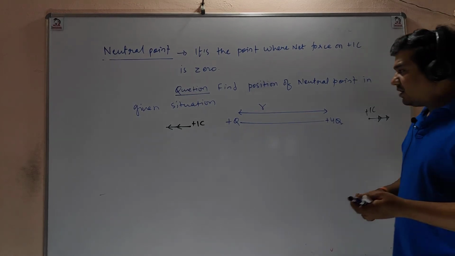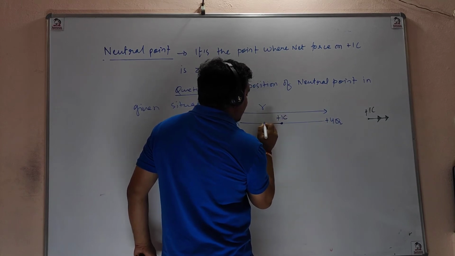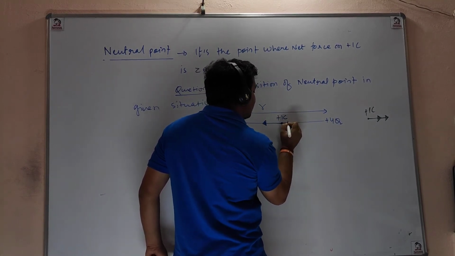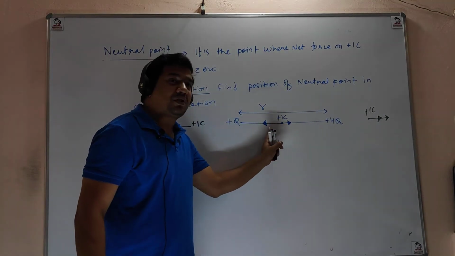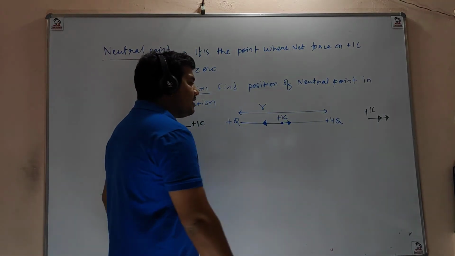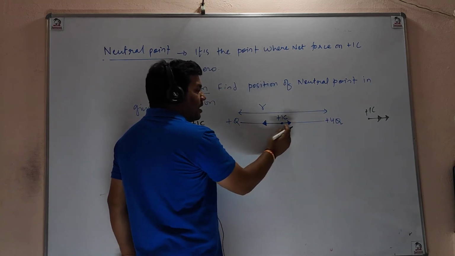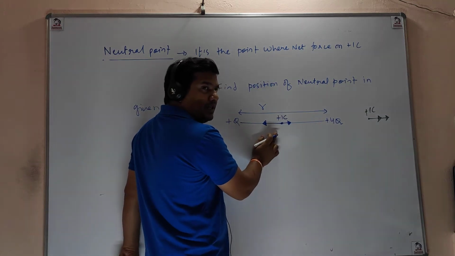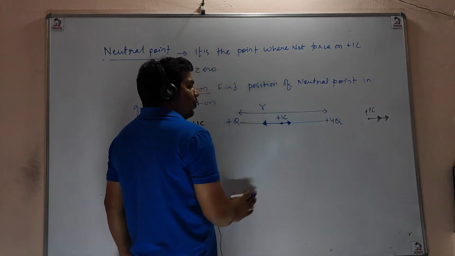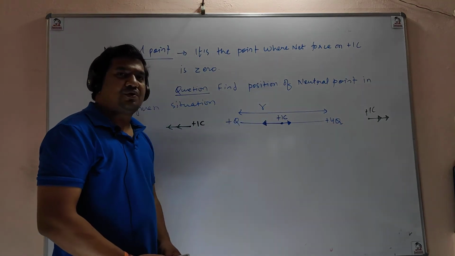Now let's put plus 1 coulomb at the center. 4Q applying big force, plus Q applying smaller force. But at least we got forces in opposite direction. Right now 4Q is applying bigger force and small q is applying smaller force. So net force is not 0, but we have two forces in opposite direction, right? So how to counter this 4Q?